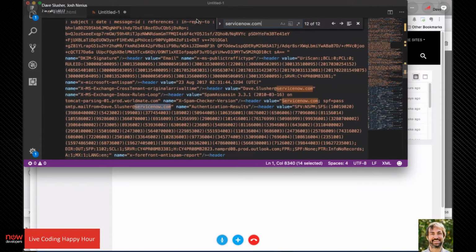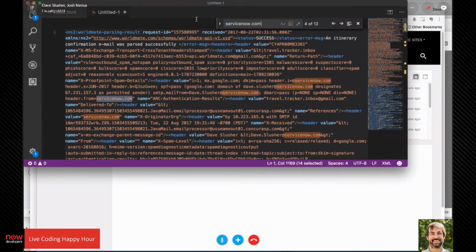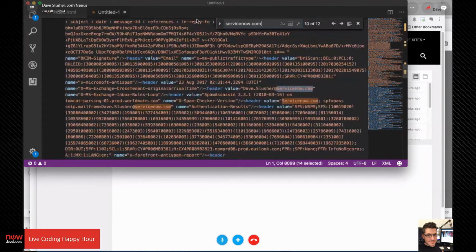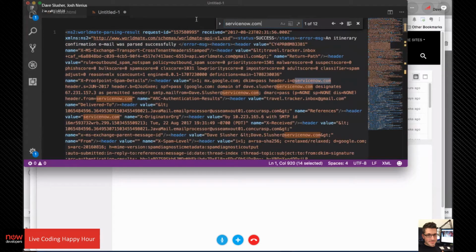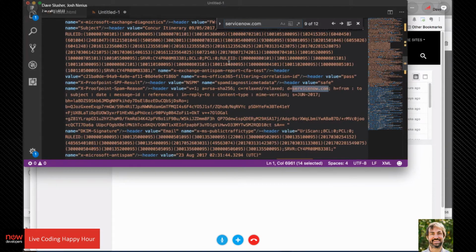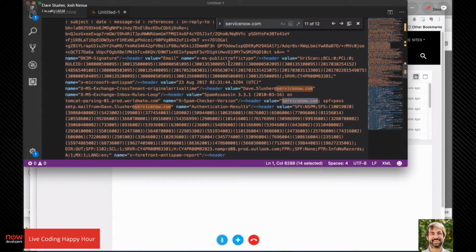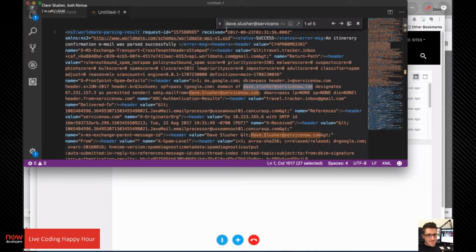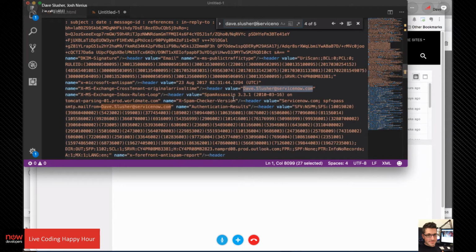Is it nowhere in? Header value. Header value, travel tracker inbox. Oh, this is a mess. Yeah, it is. Maybe search for your full email address. That one there looks clean. That header value, Dave.Slusher. What is that? MS Exchange inbox rules loop? Was that what that was? I don't know what that was, but it was a clean